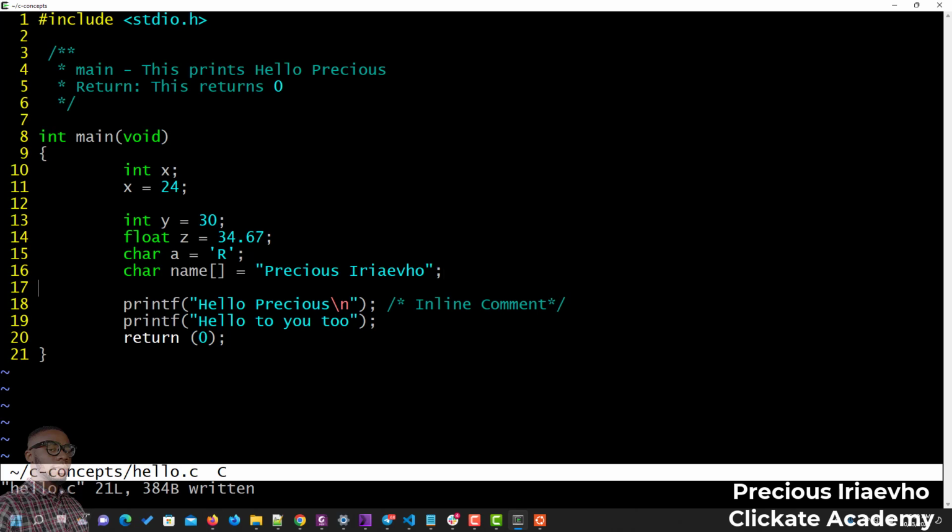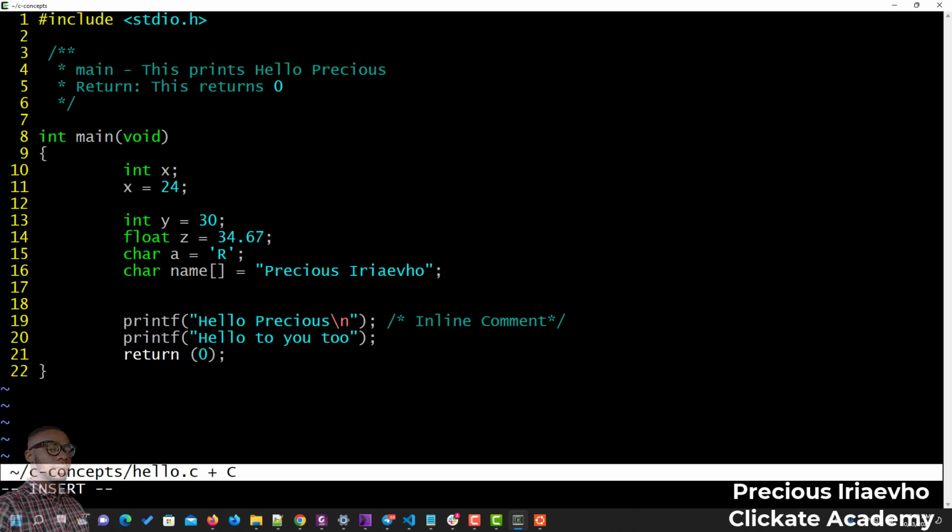So we could do something quickly. Let's say printf, and I will say my name is, what is my name? Format specifier for string is %s. My name is Precious,